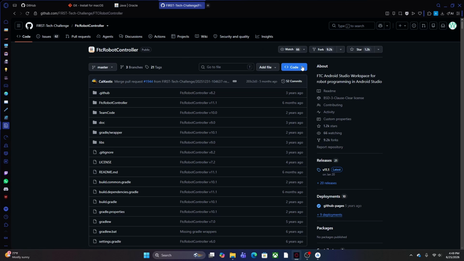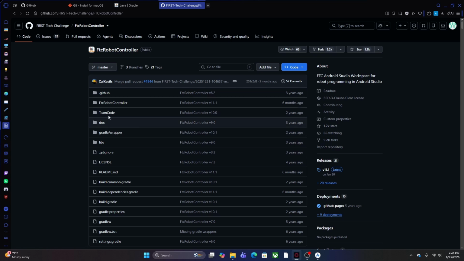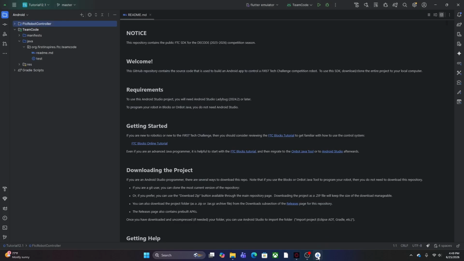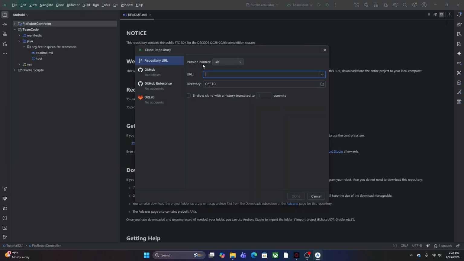So once you're here, you'll want to click code, then copy this link. Now this is basically the link to this repository, so we'll need to use it to clone it, so that the changes we make go to our own repository and not this one. So once you have that link, you'll want to go to Android Studio, open any project, click these 4 lines, New, Project from Version Control, and paste it here. Now this is the folder that it gets saved into, and this is what your repository will be called. So call it whatever you want, and once you're happy with it, click Clone.